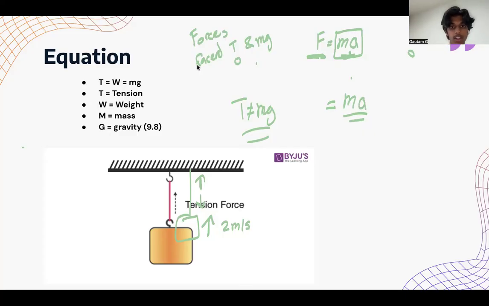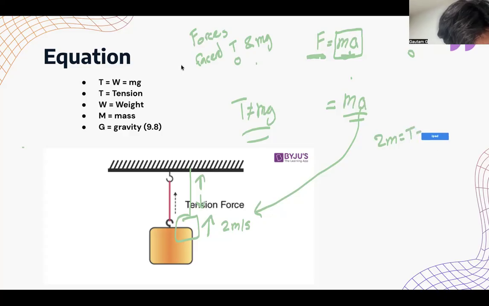To get the total, we know the acceleration of this elevator is 2 meters per second, so we can put it like 2m is equal to tension minus mass times gravity. And remember, it's minus mass times gravity because gravity is downwards, so it's going to be negative. If we were taking upwards as positive, or sorry, if we're taking downwards as positive, then it would be